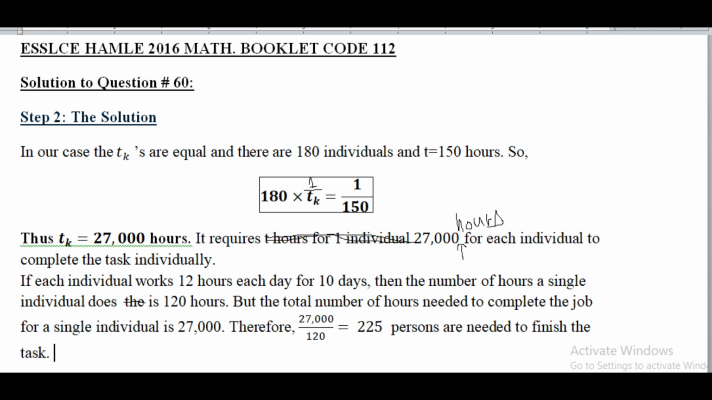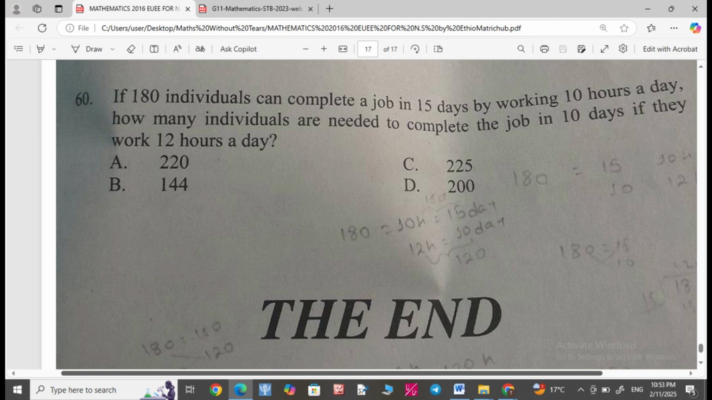After that, how many individuals are needed to complete the job in 10 days if they work 12 hours